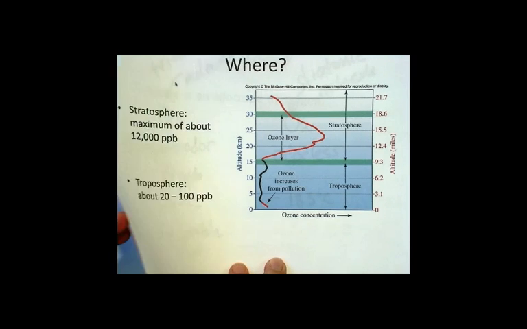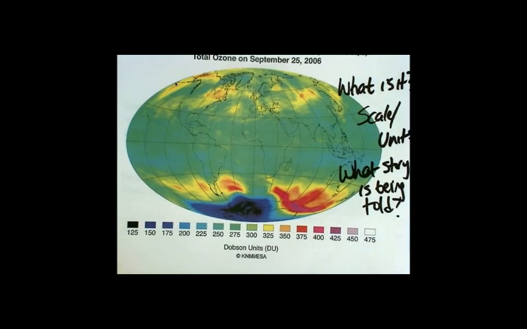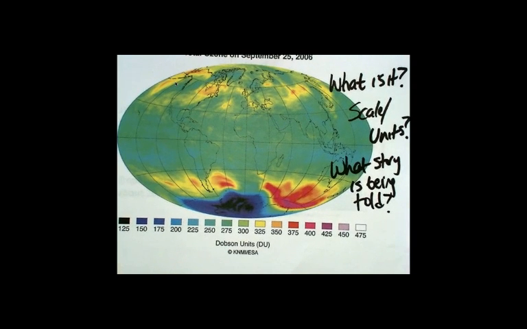Where is it? The picture, right here we go. I wanted you to answer some questions about it. What are we looking at here? What's the scale? What's the story behind this particular picture? In this picture, what you have is sort of images of how the concentration of ozone varies across the whole world. All right, so this is looking across the world, whereas this other graph was looking at altitude,